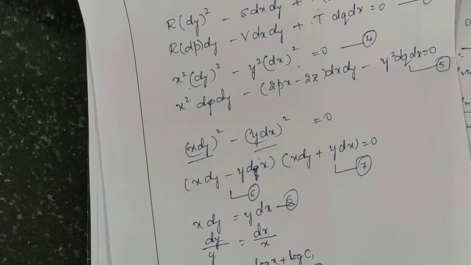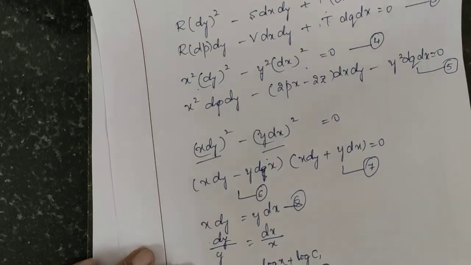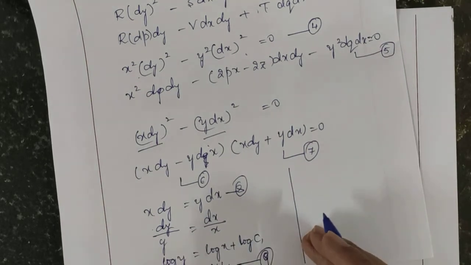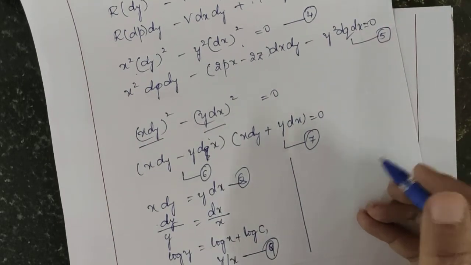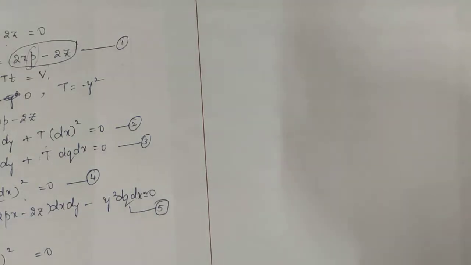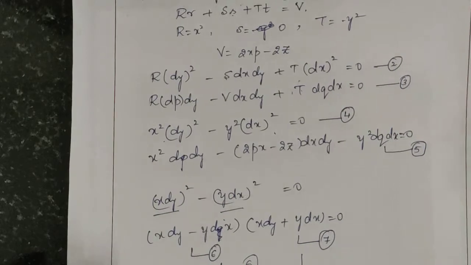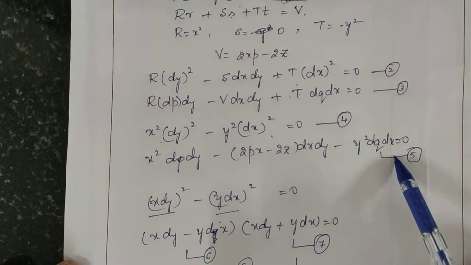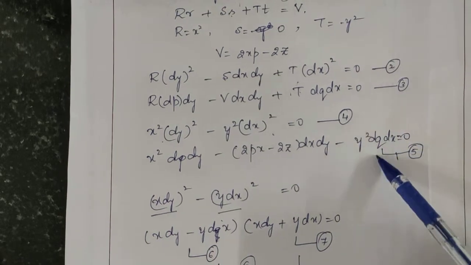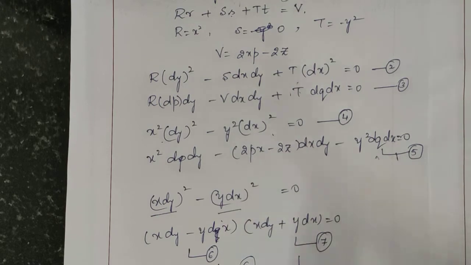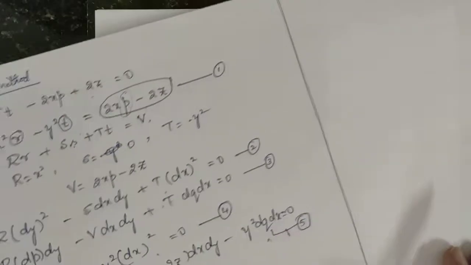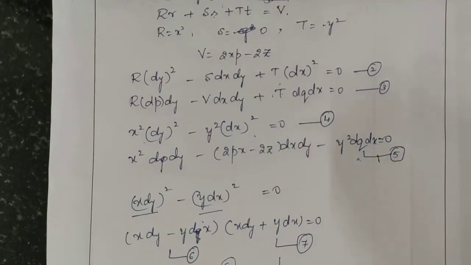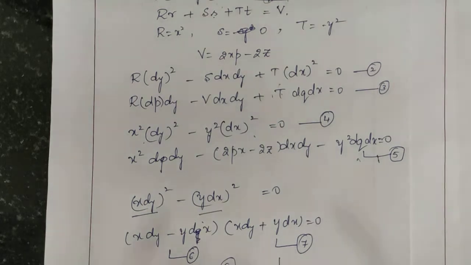Okay, so similarly we can solve our equation number 7, right? If you solve equation number 7, you will get the solution c2 as, okay, before solving your equation 7, let's do one thing. We will take our equation number 5 and we will substitute equation number 8 in your equation number 5, and we will solve for p, q, z combinations.